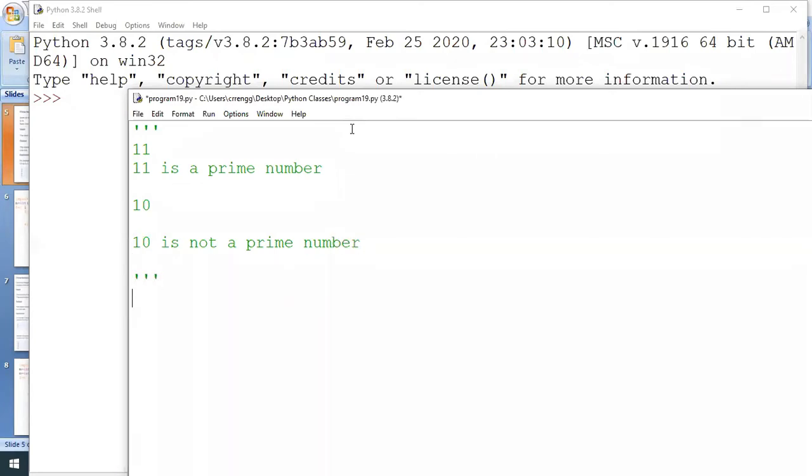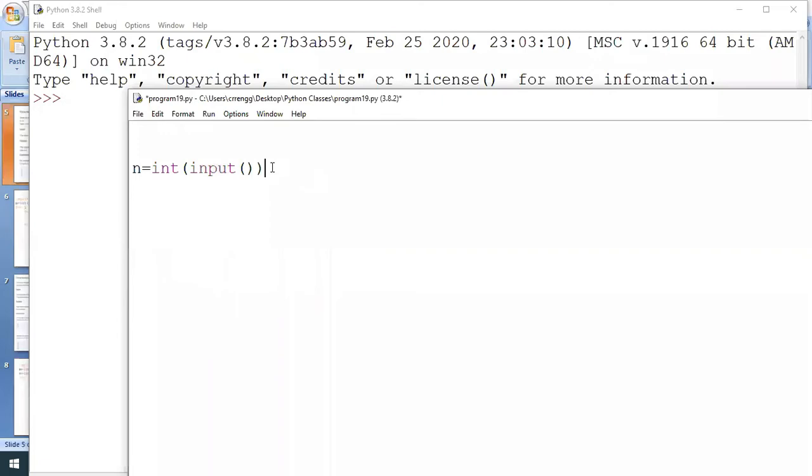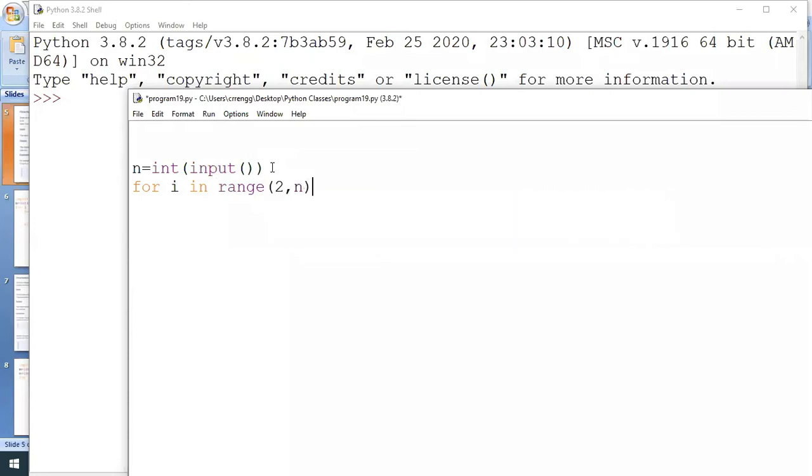Okay. So first line, you are going to read the n value. So I am taking a variable n equals int input. Next line, you are going to run the loop by using for i in range, the range starting from 2 to n. So 2 to n. If I give n equals 11, what is the sequence here? 2 to 10. If I give n equals 7, then it returns the sequence from 2 to 6.